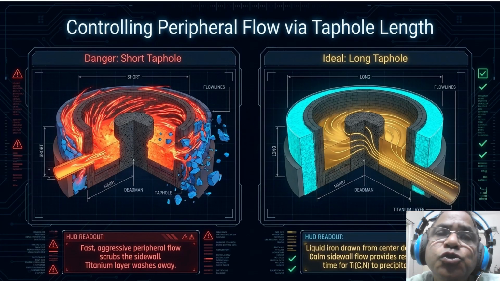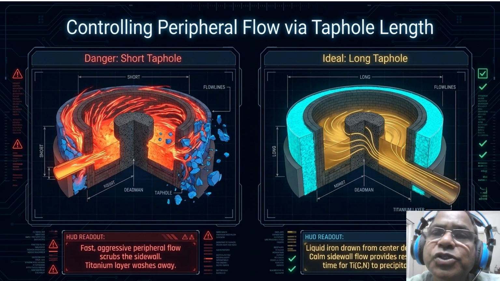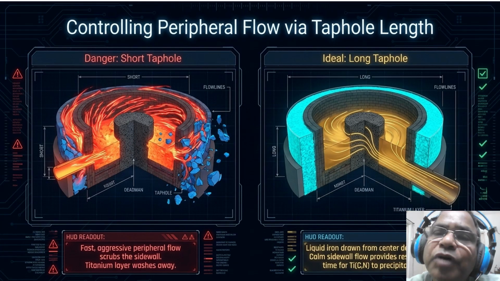So operationally, the "so what" is that a short taphole is a death sentence for your hearth. So you must use high quality clay and disciplined drilling to keep that taphole long enough to draw from the furnace core. And that gives us a maximum scope to settle these TiCN precipitate, and extend our campaign duration. So in a 4 taphole furnace, we can take this flow control even further with a strategic rotation,